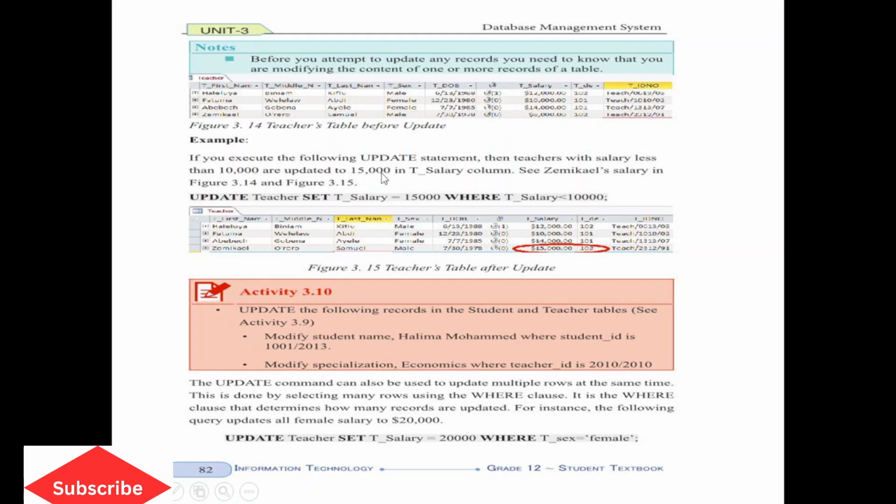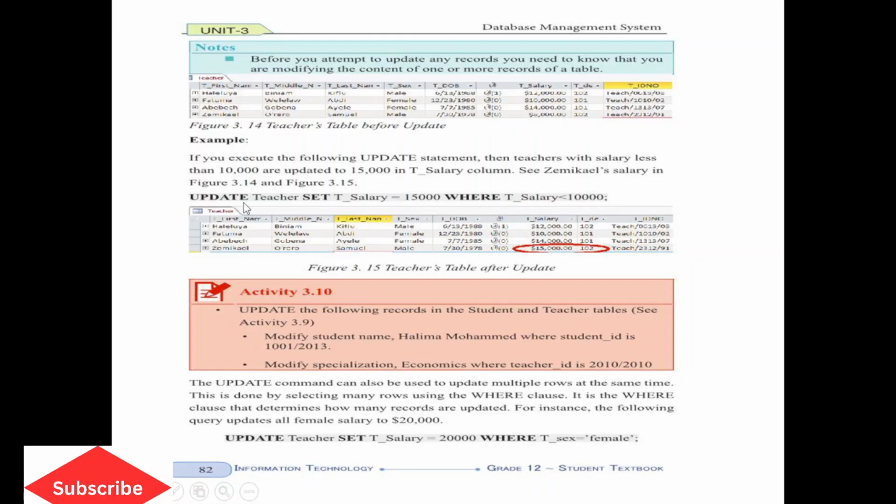See Mikael's salary in the figure here: it is 8,000. It should be changed because the condition says if the teacher salary is less than 10,000, update it.